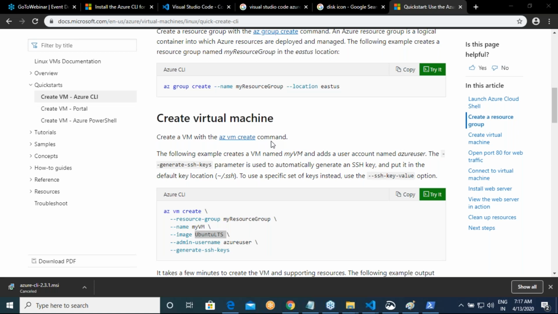Okay, guys, any progress? I think if you are finding difficulty with SSH keys, what you can do is give the password.